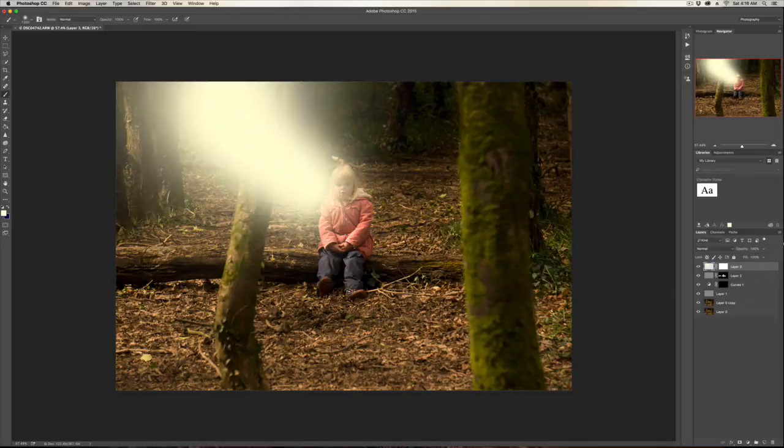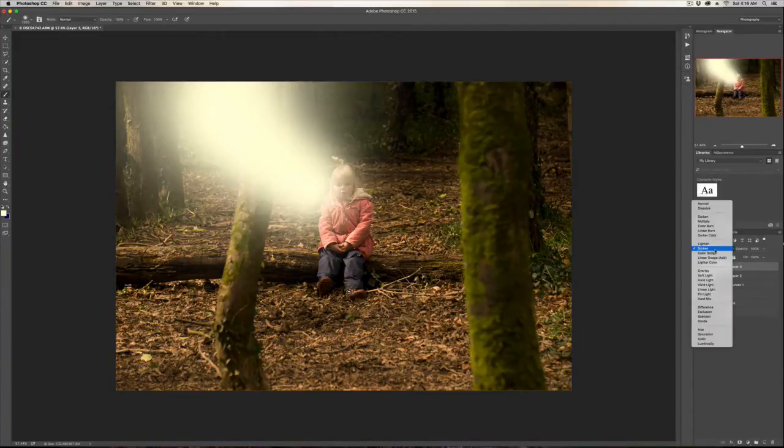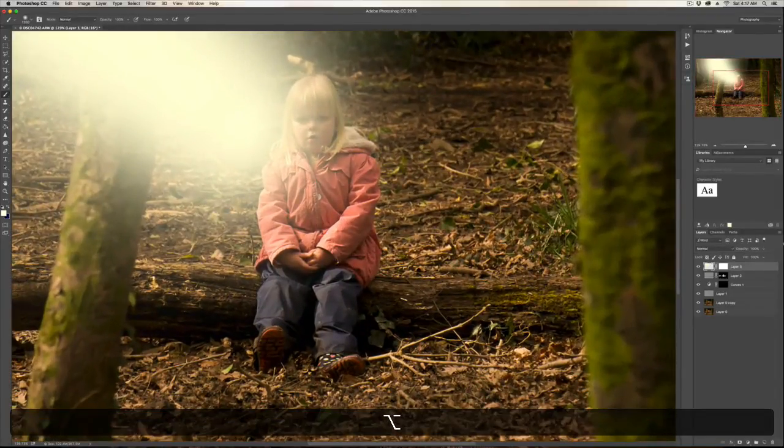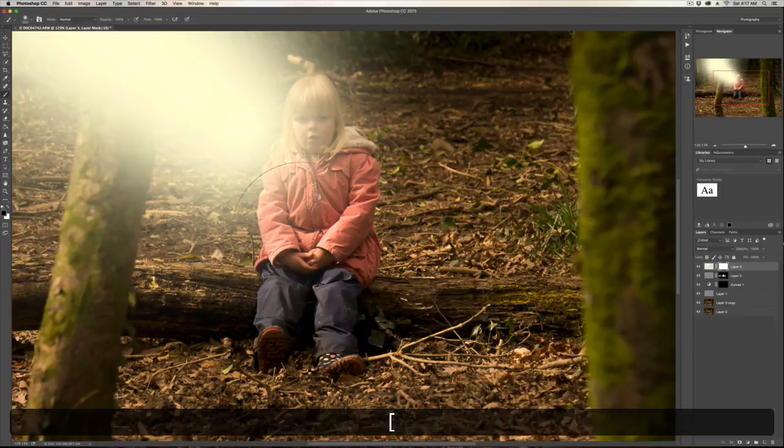And let's try soft light. Whoa, that didn't work. Okay, let's try screen, or lighten. Boy, none of these are working very well. Alright, we'll just leave it on normal because it doesn't even look like it's doing much. I'm just experimenting and playing around with the different things that I use. So anyway, let's select the mask and try to paint some of this off of